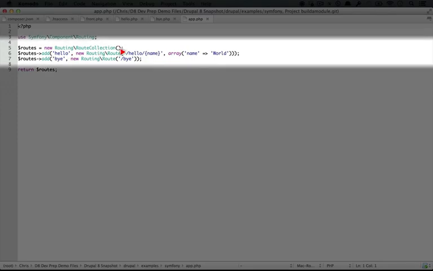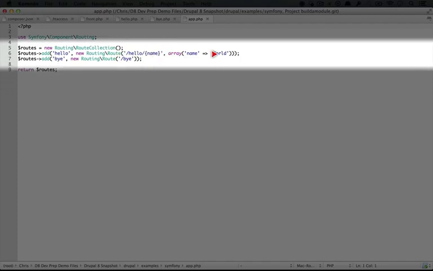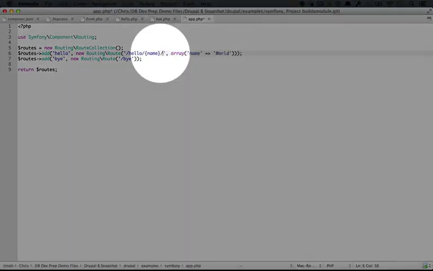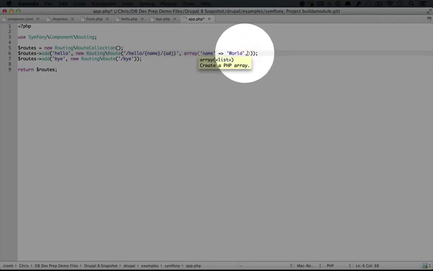In this first example, it's taking two parameters. The first is the route, and the second is an array of parameters that can get passed to the route. So the route here contains a variable, which is delineated with these curly braces. The key of this variable, or the name of it, is called name, and we're setting a default for this here in this second parameter. We could have multiple parameters here too. Let's say we set it to accept an adjective. Then we can set a default for that here by doing comma adj